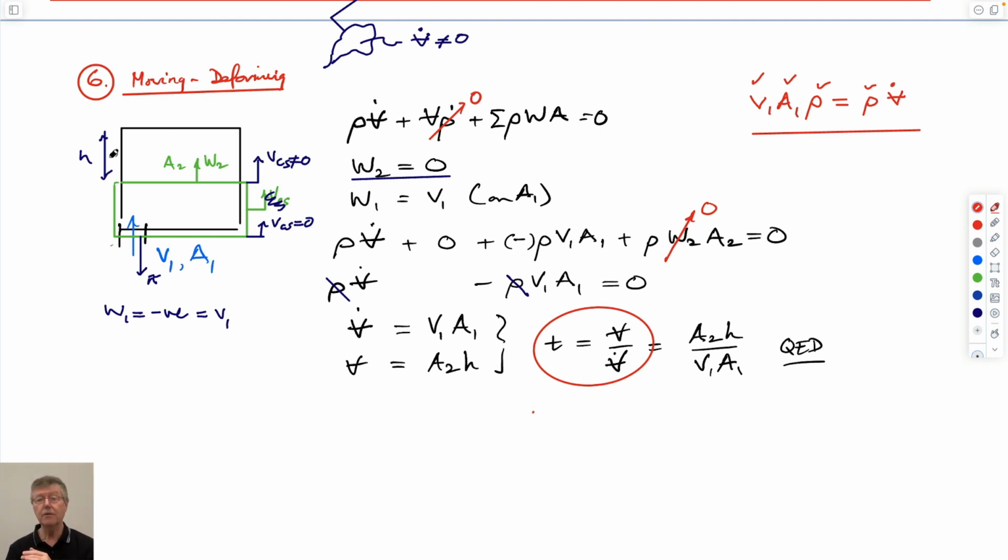The reason that we've spent some time on this is it's not so important for solving problems like this to do it this way. But when we look at conservation of momentum, one of the things we might want to do is take a fire hose and point it at someone's chest to push them over, or point it at a vane on a water wheel to be able to spin that Pelton wheel around. So we'd like to take the static velocity of that hose and make it do some work in spinning a wheel, in which case we have to look at these frames of reference and different